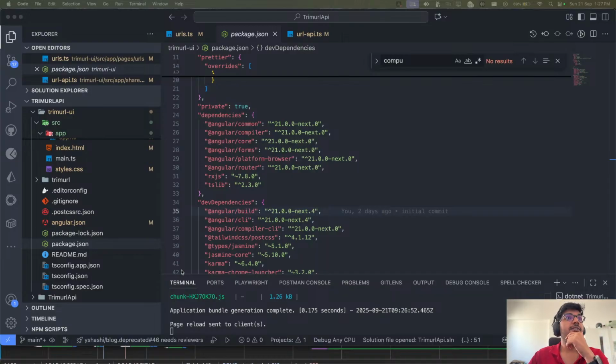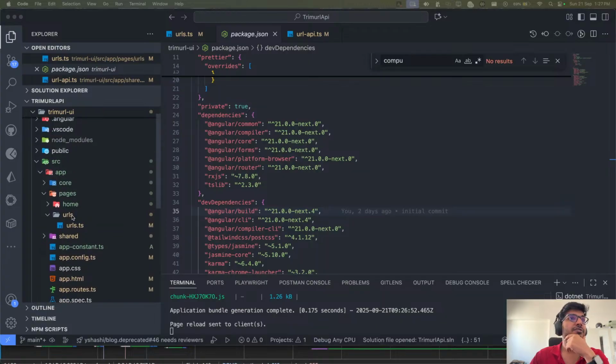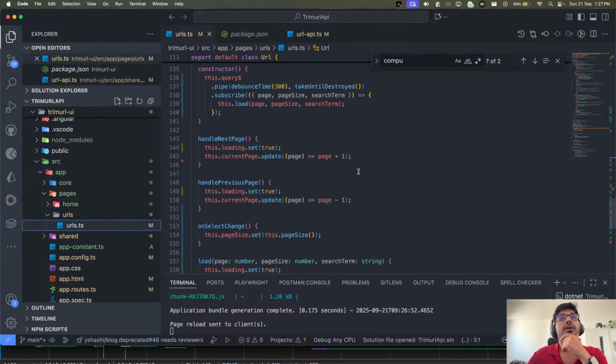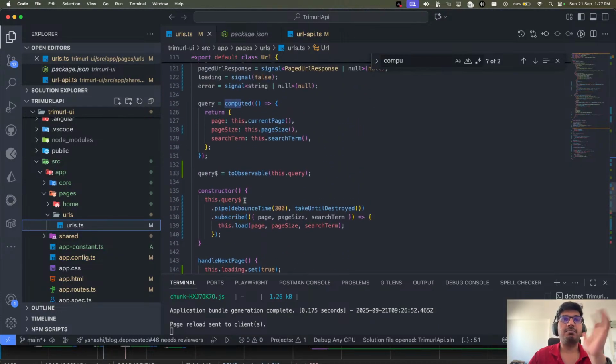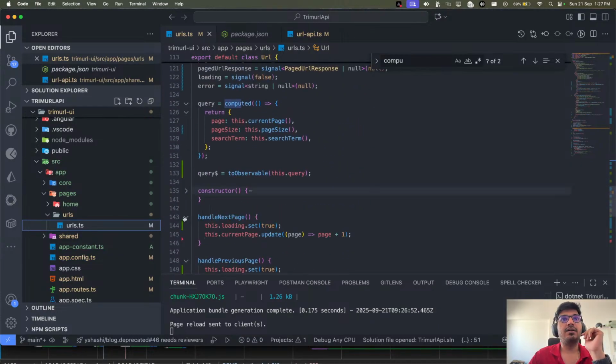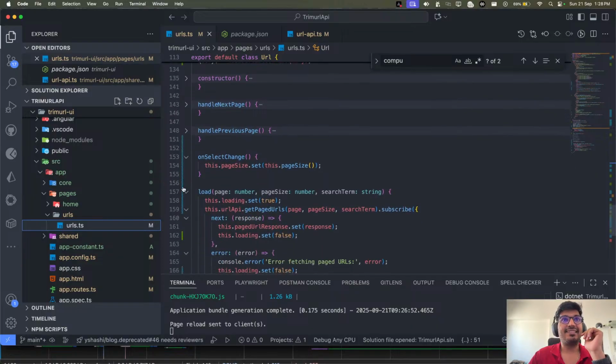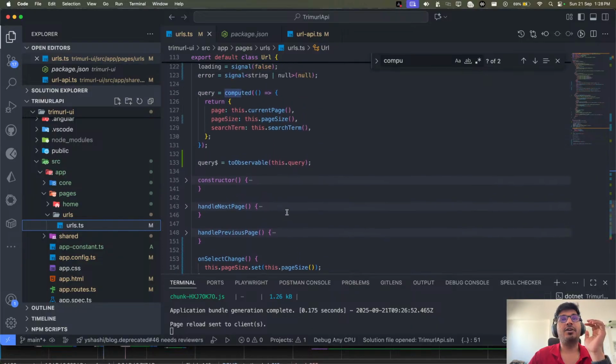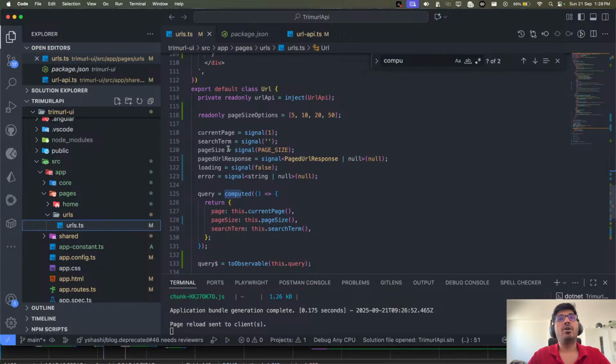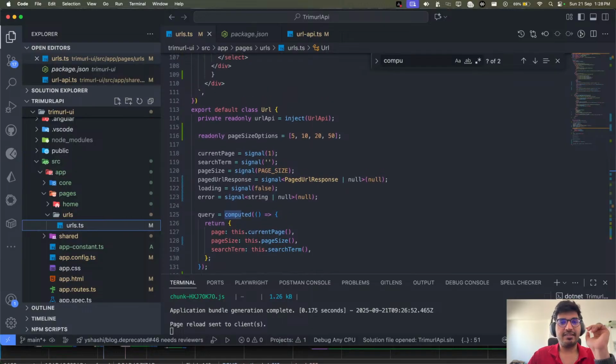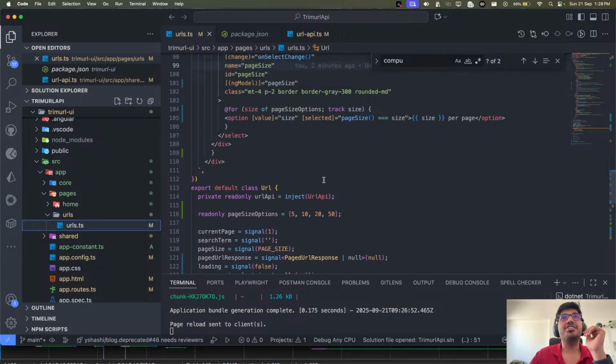Currently I don't have a form, but maybe I can start very small first to explain what this signal form is and how you can use it. So let me come up with a small change in the HTML.